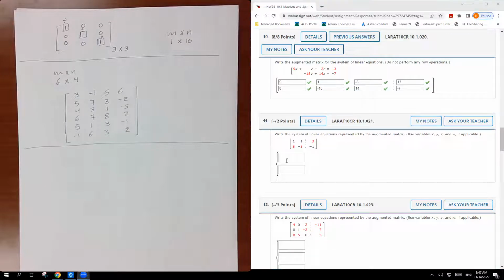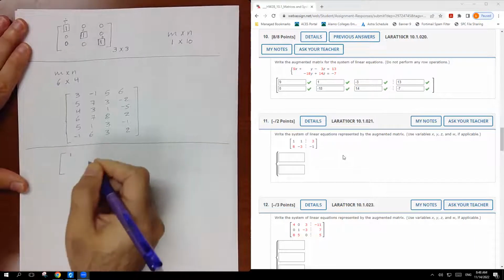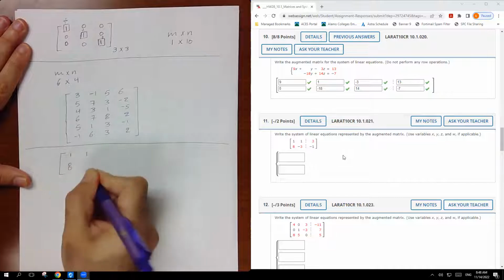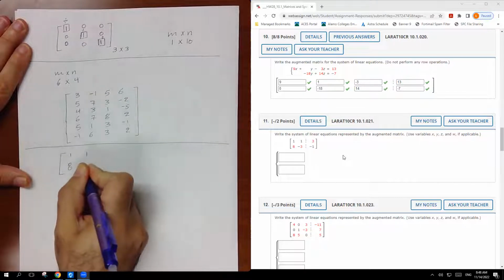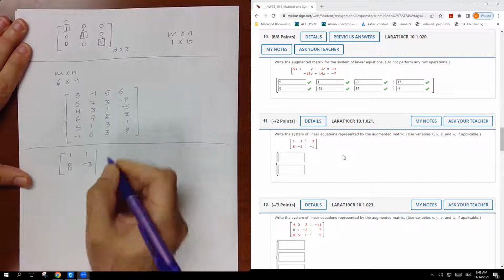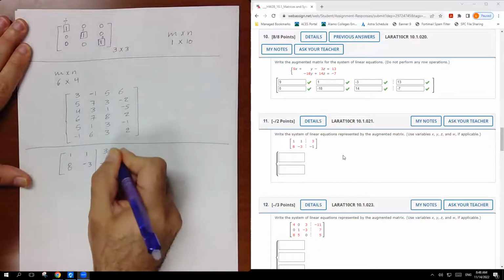The next example, we're going to do the opposite thing. We have the augmented matrix and we need to write down the system. So let's check this example here. We have the matrix 1, 1, 8, negative 3. And we have on the other side 3, negative 1. Now we need to write down